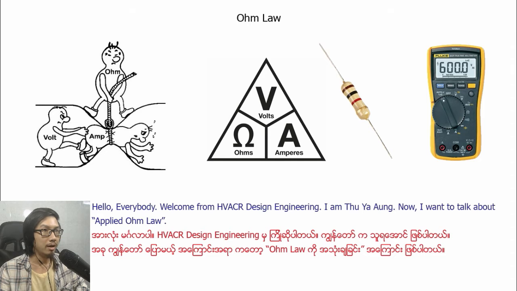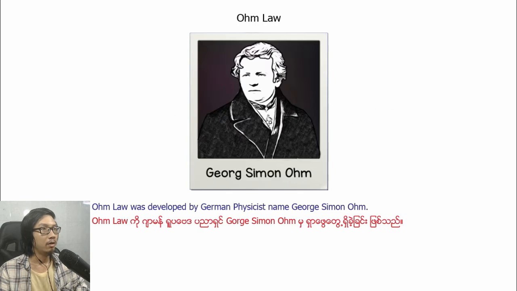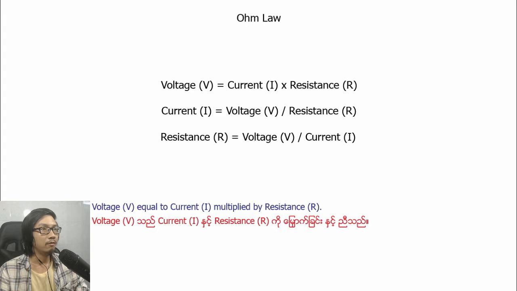Now I want to talk about applying Ohm's Law. Ohm's Law is the relationship between voltage, current, and resistance and how they relate to each other. Ohm's Law was developed by German physicist George Simon Ohm. The three formulas for Ohm's Law are voltage V equal to current I multiplied by resistance